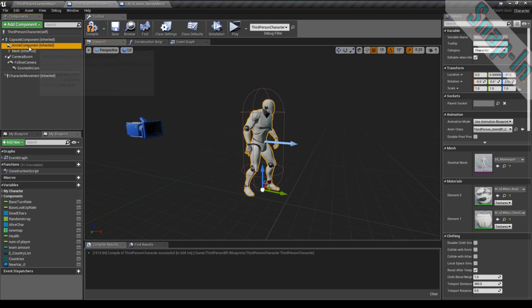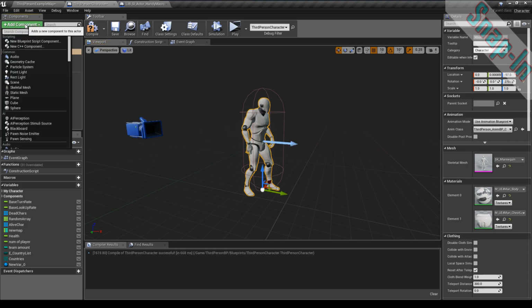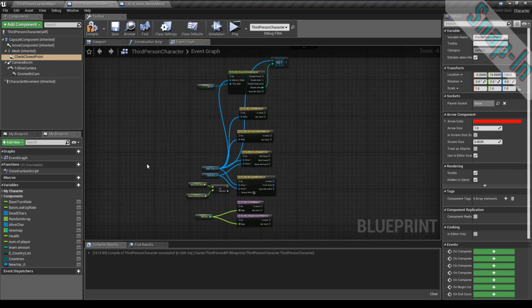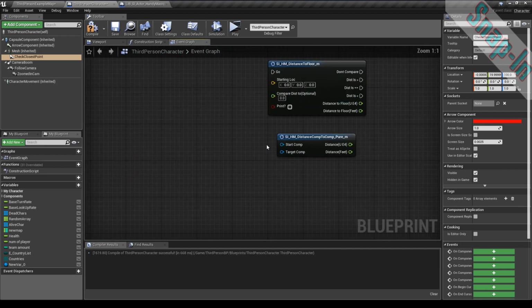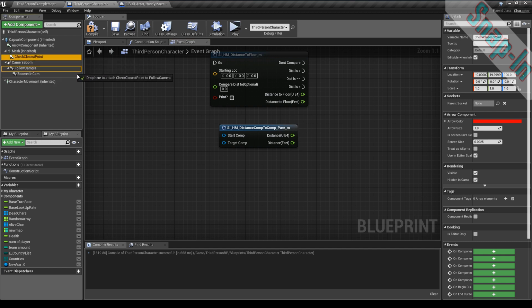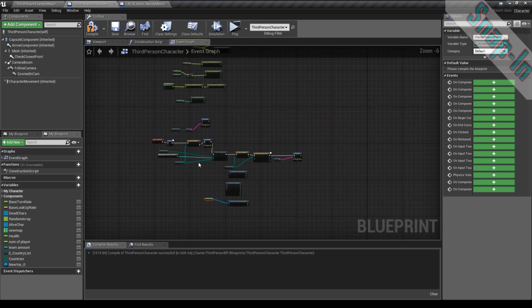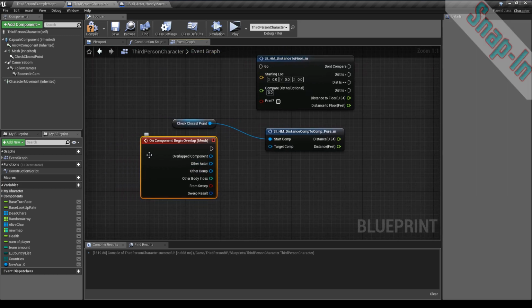So you could have something like, I'll use an example here, but I'll add an arrow. I'll say check closest point. Okay, and I want that to be right by the waist or whatever, in the palm of the hand if it's a VR thing. So now we have that check closest point component. All right, and I'd add a similar thing to all of my items. So like a check closest point. So I would say check closest point of me, and then if I was overlapping,